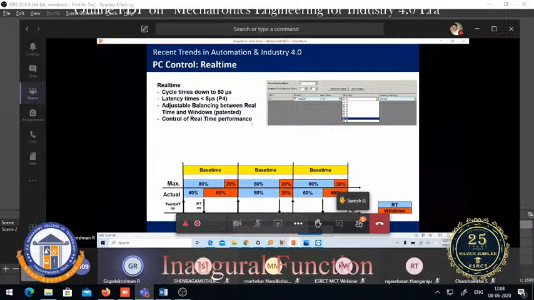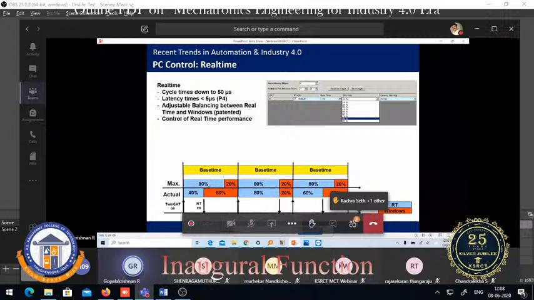So in this example you can see there is a base time. So here 20% for a real-time task and 20% for Windows. So that can be considered as, and when it comes to real time, see the actual here,